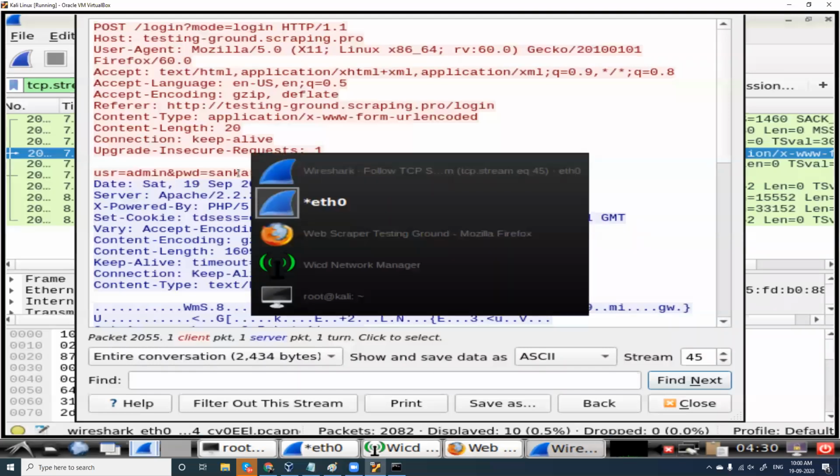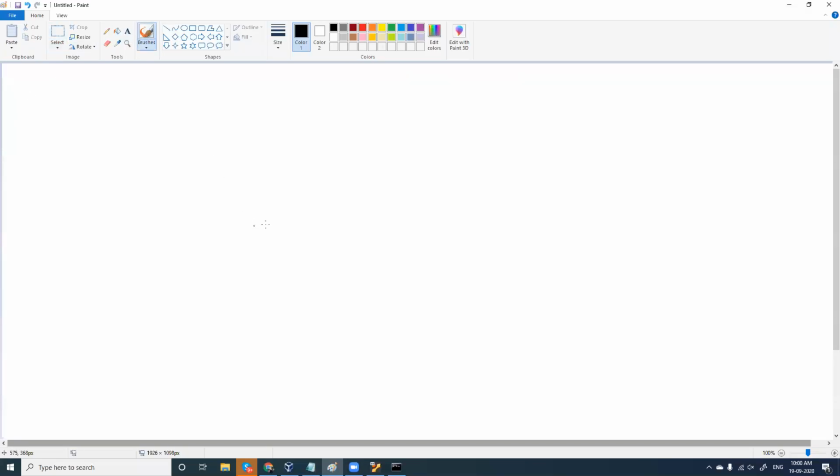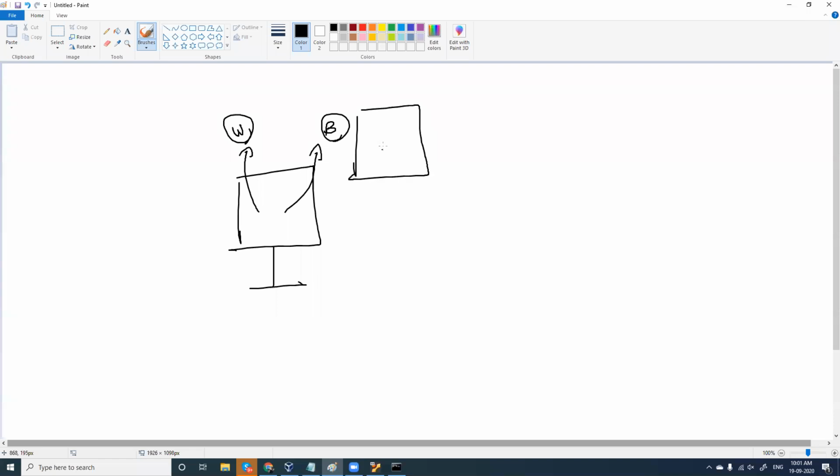Now you might be having this question. You might be wondering this, Shankar. I'm using my Kali Linux here. I have my Wireshark running, right? I have my browser Firefox, which is also running here. I'm opening a website here. I'm giving the username and password in my computer, right? And I'm looking the details in Wireshark. But I'm the single person here. I know what username and password I've entered in the website. From the same computer, why do I have to look the details from Wireshark? What is the use of it, right? There is no use. Literally, it is like understanding this tool.